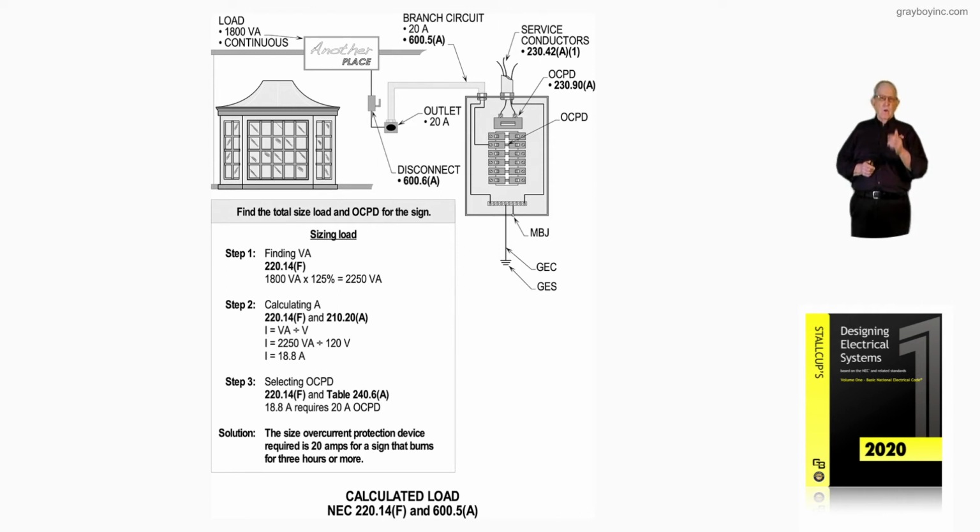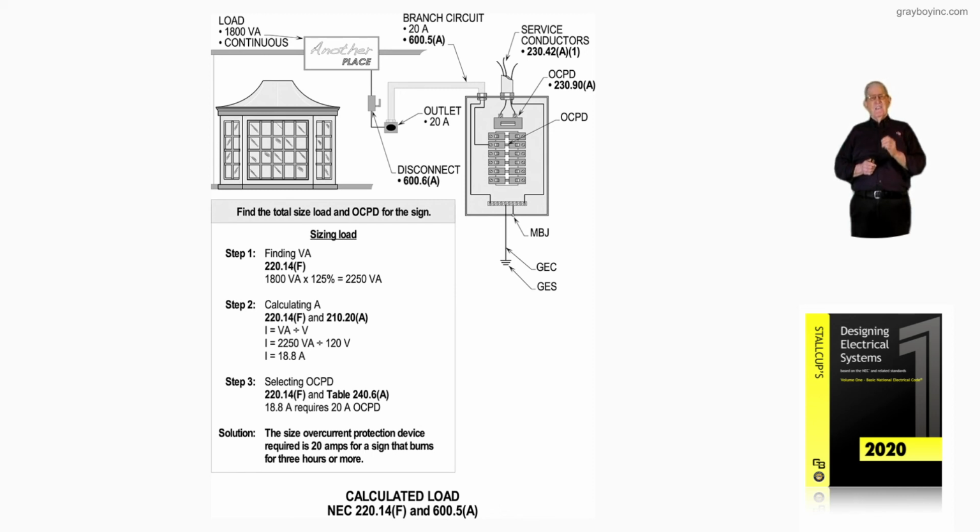What's the next size overcurrent device above 18.8 amps in accordance with 240.4B and 220.14F? 20 amps. What size conductor in 240.4D, as in dog, for small conductors, number 10 and down to number 18, what would we need? Number 12. So the solution is we have a 20 amp overcurrent device with number 12 wire because the sign burns for 3 hours or more and is continuous,